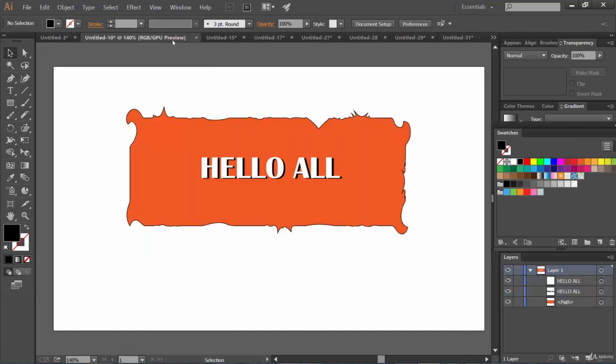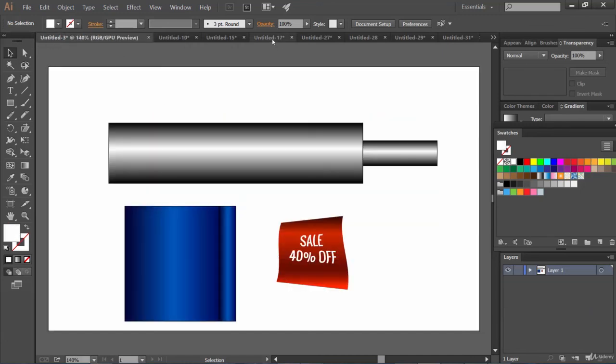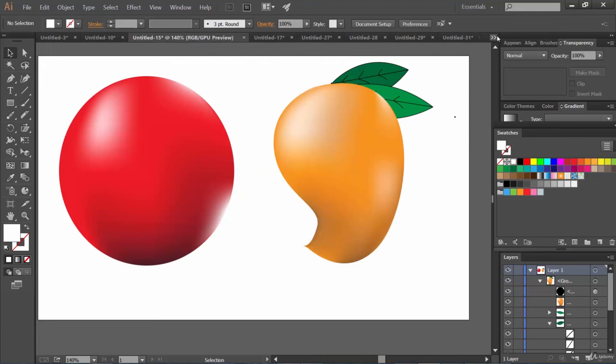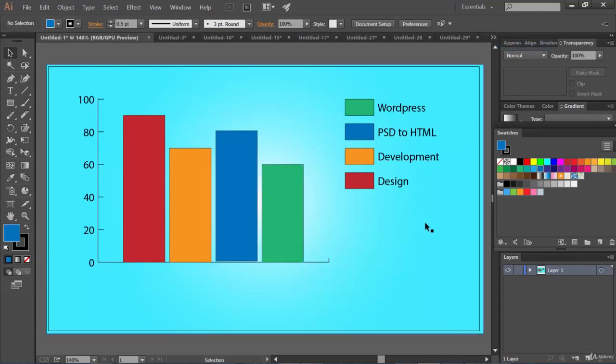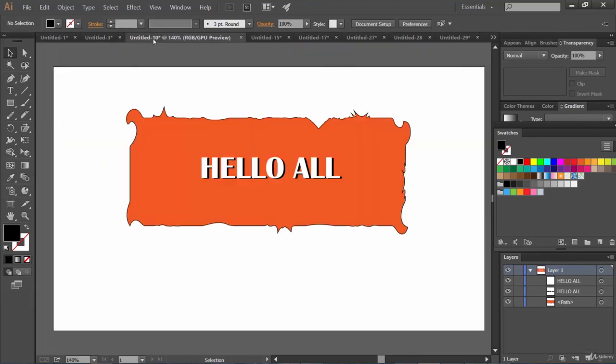And also we are going to create a really cool chart, and also we will see how we can color these charts and also how we can separate these charts. I think by now you have already figured it out yourself. Yes, we can do that using the direct selection tool. Okay, so are you excited? Well, I am.